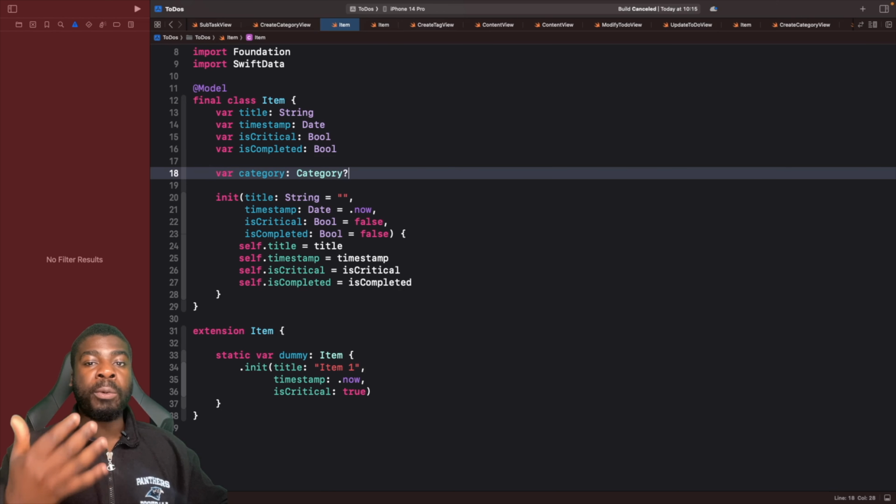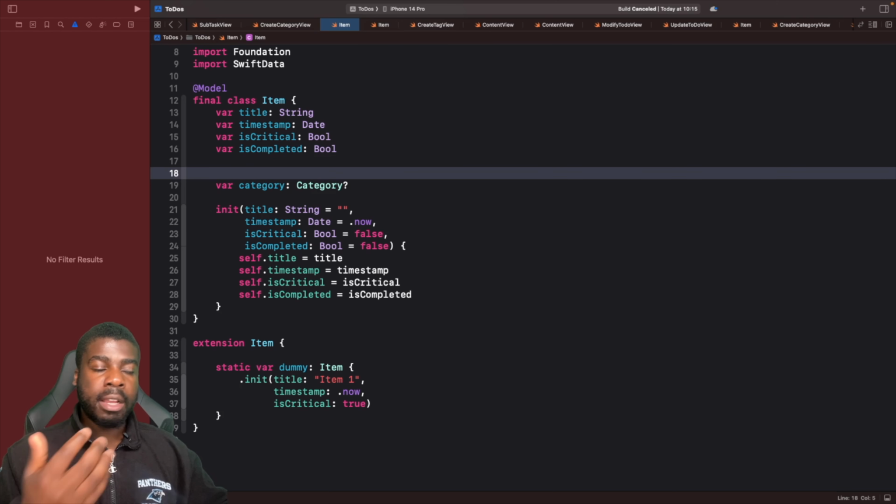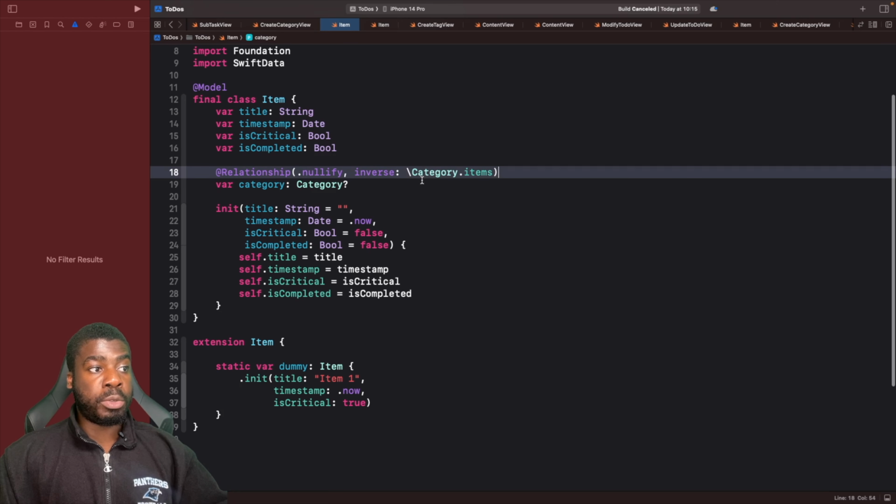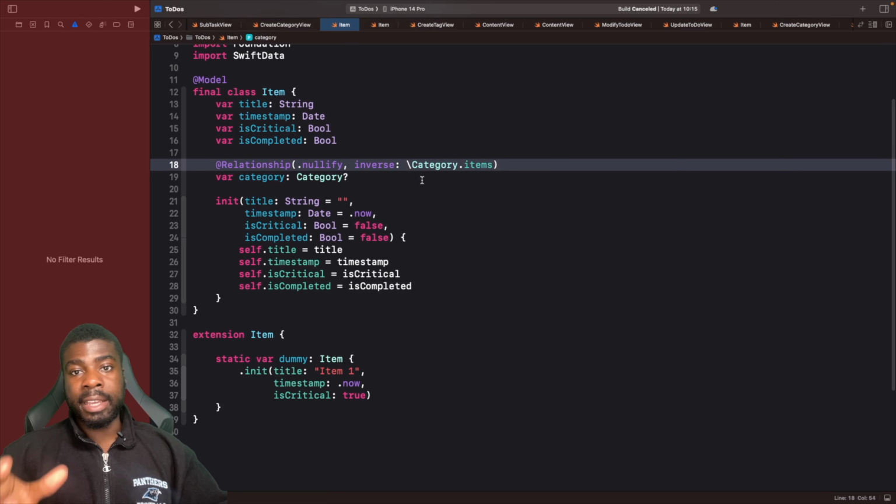And in order to create the relationship between these two pieces of data, well, these two models, I should say, we need to use the new relationship macro to basically create that link. So let's add this in. So what we've done here is we just specified that this is nullify. I'll explain what this means in a second. But the first thing I want to talk about here is this inverse. So this inverse here is really important because this actually helps you maintain data integrity. So essentially what this means is it's basically creating the link between the two models here using a key path. So that's why it's saying here to create the link for this property using the items property in our category